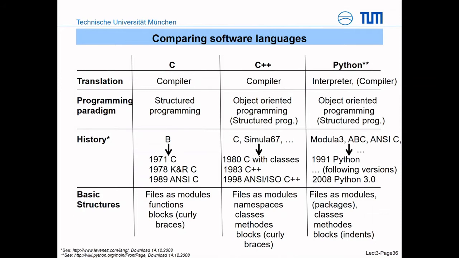In the history, you can find a long history of all programming languages. I won't go into detail on this. C comes from B, therefore the letter C. C++ is a combination of C, Simula, and other things, and Python comes from other programming languages. The history of C is the longest, in the 70s, around 1970. C++ is about 1980, and Python is the youngest, with the compilation around 1990. But there's a long history already now,